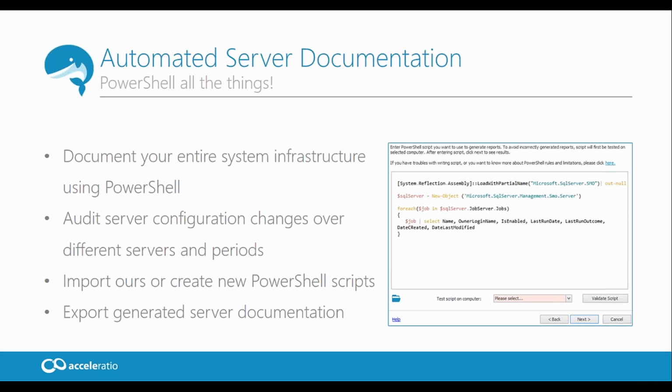Now, for the last but not the least important feature, automated server documentation, you can generate detailed server documentation simply by running PowerShell scripts through SysKit. Those scripts can either be imported from us or they can be written by you. You can find them somewhere on the internet. It doesn't matter. You can run all of them, and there's a validate button in case you are not sure